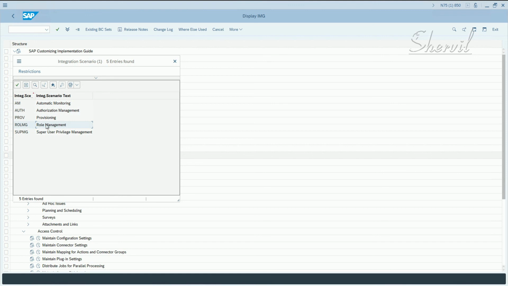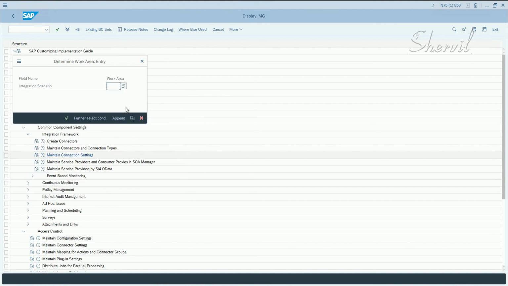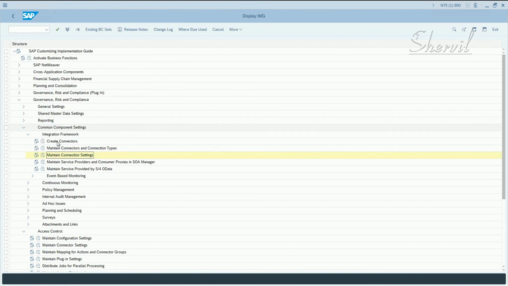So you have to maintain all four. If you're going to implement ARM, you might want to set up and assign the role management scenario also. So these are the four you need to maintain: AUTH, PROV, ROLEMG, and SUPMG, which we have already done.